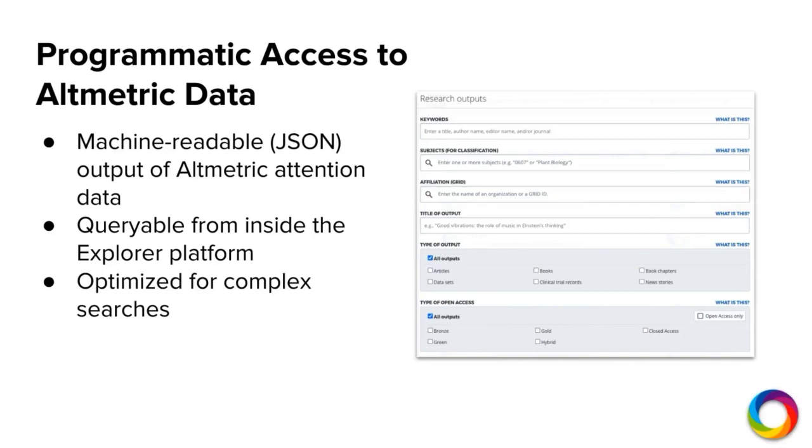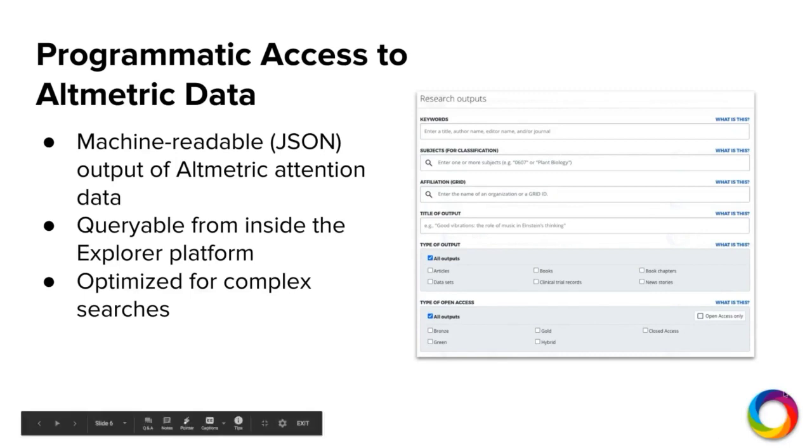You can set up an API query directly within the platform, and it's also possible to make most queries without visiting the platform at all, but I'll go into that a bit more later when we talk about how to query the API. And then the Explorer API is optimized for making fairly complex requests, in the sense that everything that's available in the advanced search of the Explorer database is essentially one of the filters available for making API